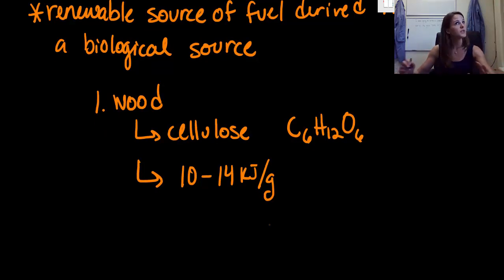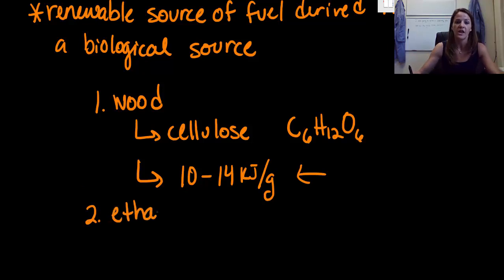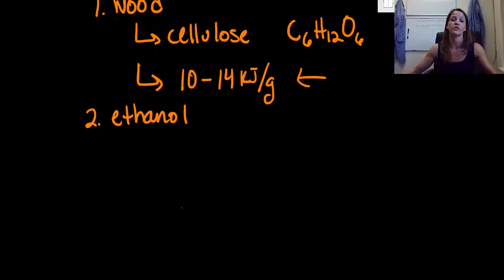So wood was great up until about the 1800s, and then after that we kind of moved on because this just is not very much energy evolved. So the second thing we're trying to look at is something called ethanol. Now, ethanol can be created by fermenting plants or crops. A lot of times we know of ethanol because it's something that maybe adults drink on a Friday night and it's maybe existing in your beer, your vodka, or whatnot, but we are familiar with it.